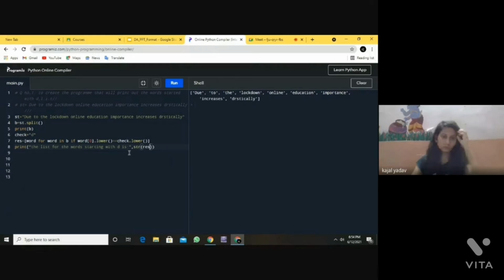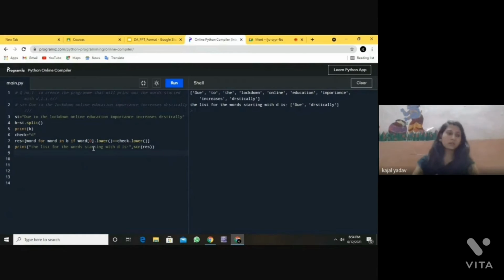So let us see what will be the run. So here we get each and every term as due and drastically, as it compares the D with this check D.